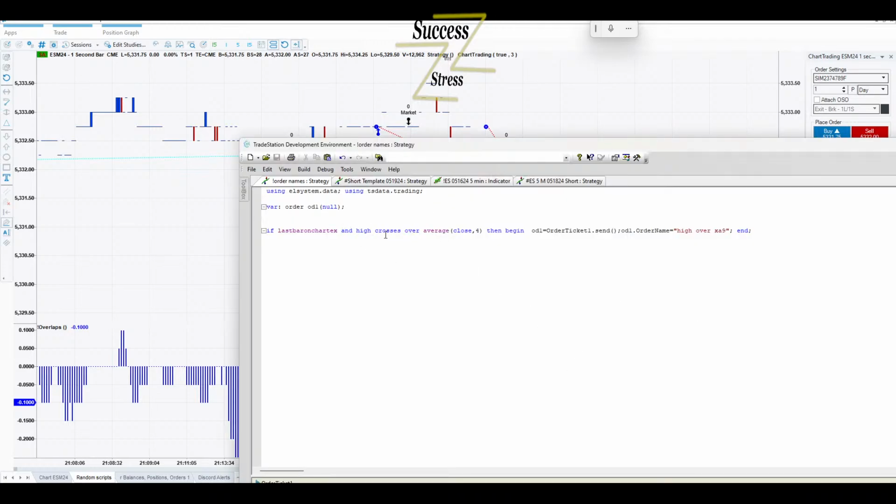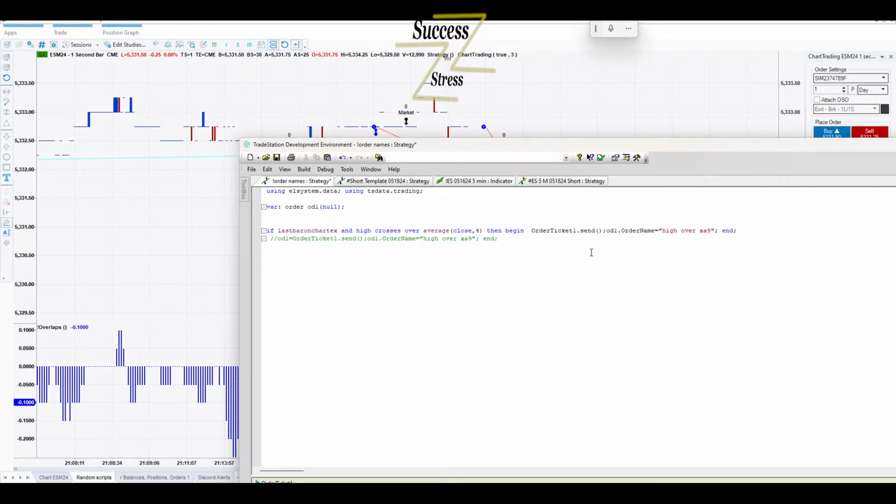Okay, so we know that it will send an order when we assign the order ticket, send to an order. We know that it'll take a position that way. But we need to know for sure if it'll take a position if we only, and I know it will.